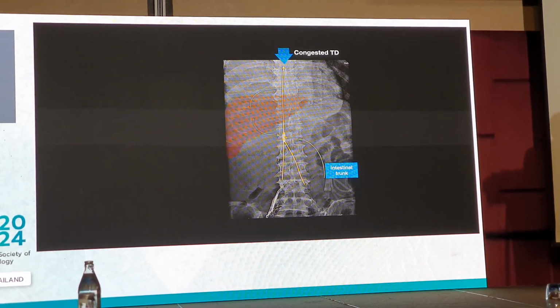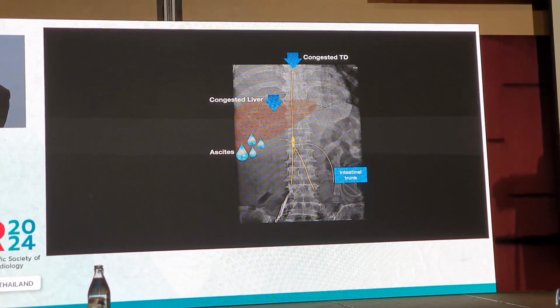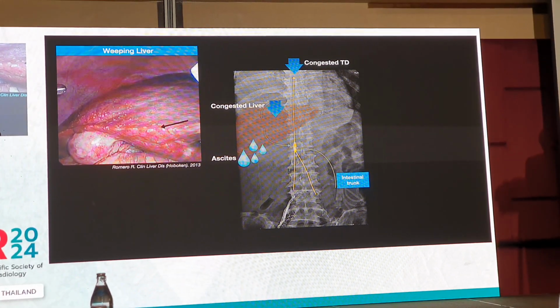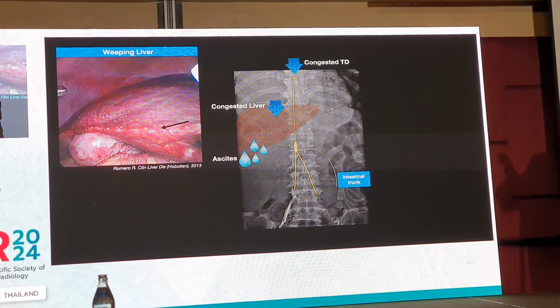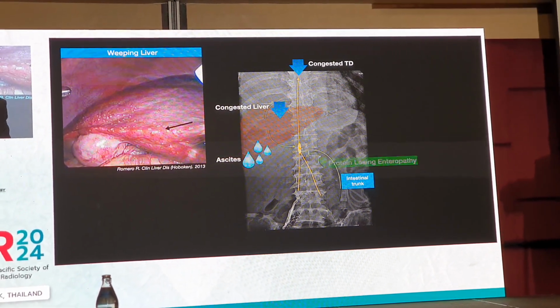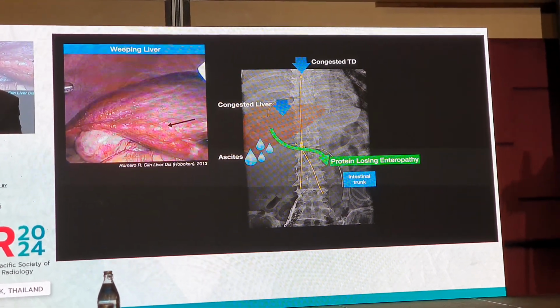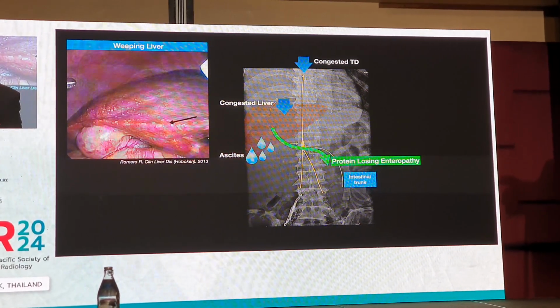So it's congestion to the thoracic duct, and also it causes liver congestion. And the liver can sweat like this. From the laparoscopic view, you can see some droplets at the liver surface that contain a protein-rich amount of lymphatic fluid. It's called weeping liver. And it also congests through the central system and flows backward into the mesenteric system